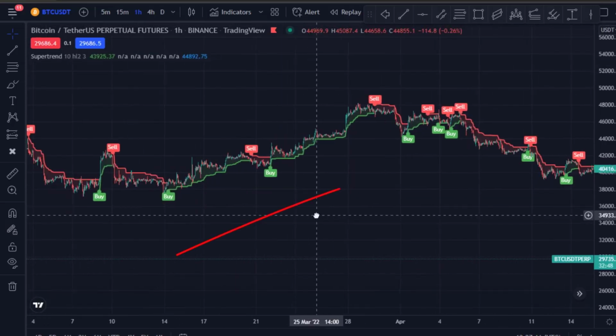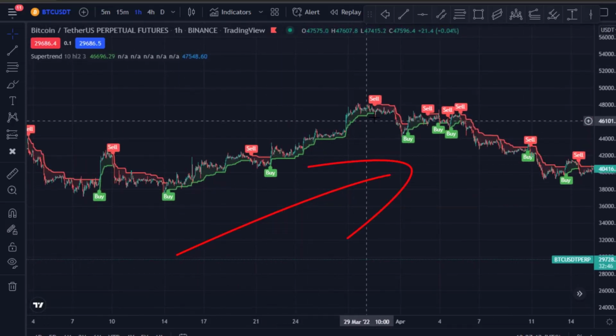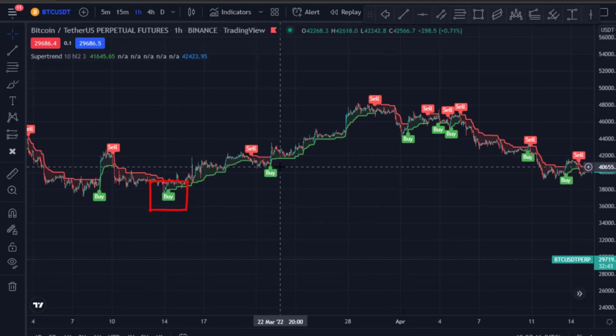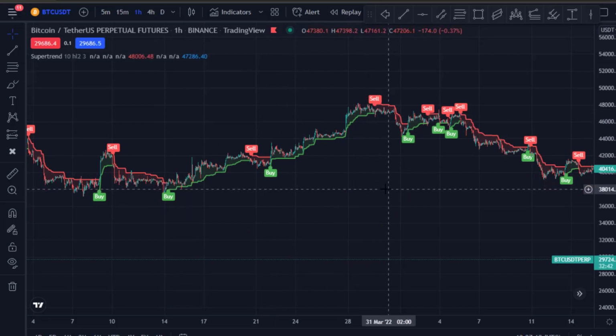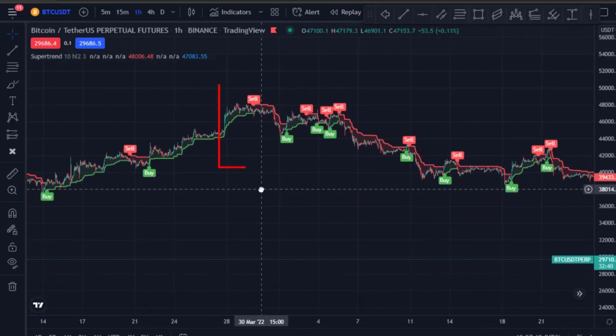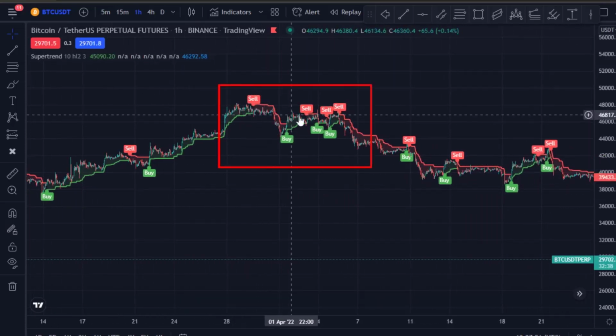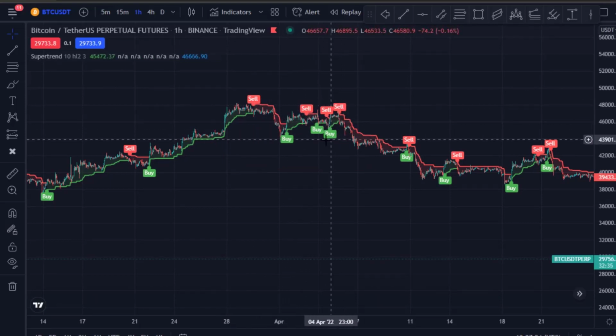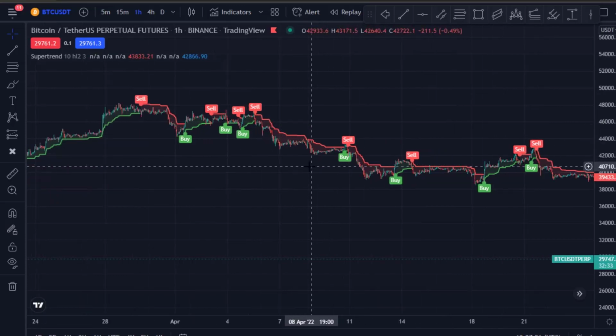You can see that the market was in an uptrend and the Supertrend displayed a buy signal. Now you see the trend had already ended and the market went flat. But because the Supertrend is always giving signals, it displayed a sell signal even though there wasn't